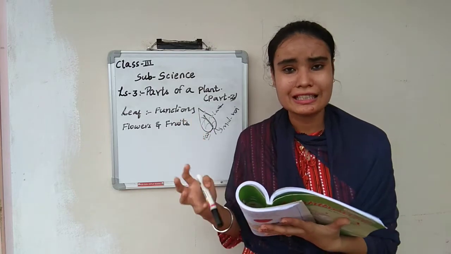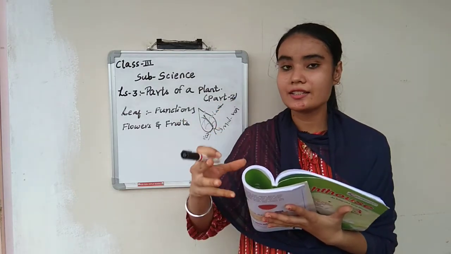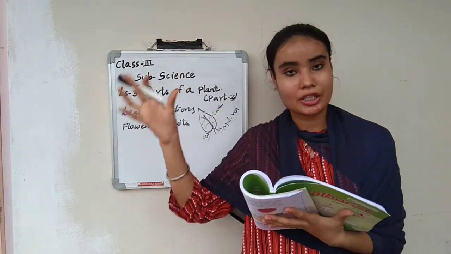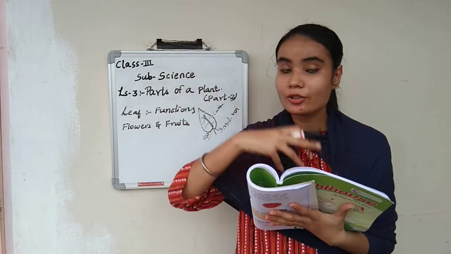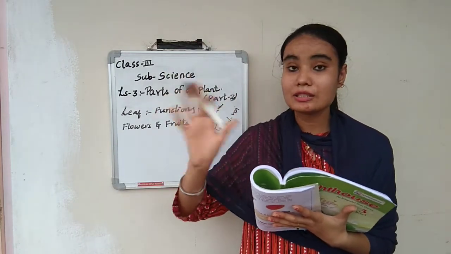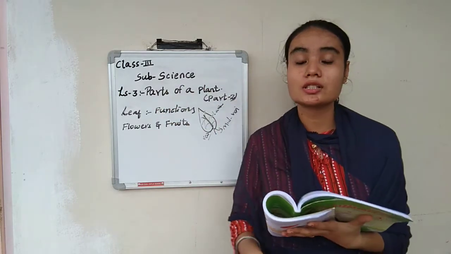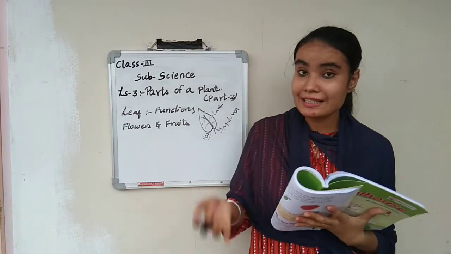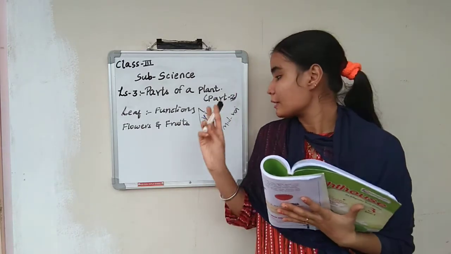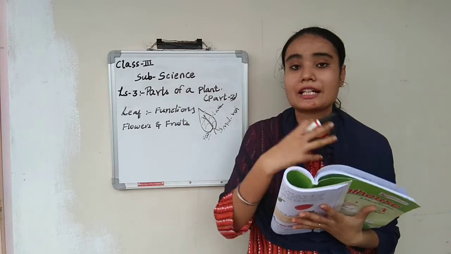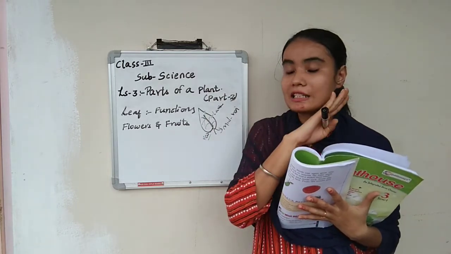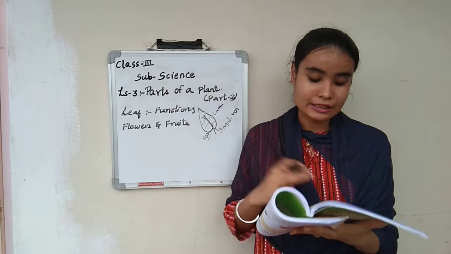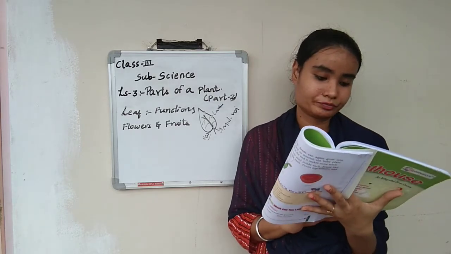The leaf color is green, and that green color is called what? Chlorophyll. This chlorophyll helps the leaf take in carbon dioxide and give off oxygen. This process is done with the help of chlorophyll, and it is called photosynthesis. Because of this process done by the leaf, we are getting oxygen. If plants did not have this process, we could not get oxygen and we could not survive. Thus plants give us oxygen to live.